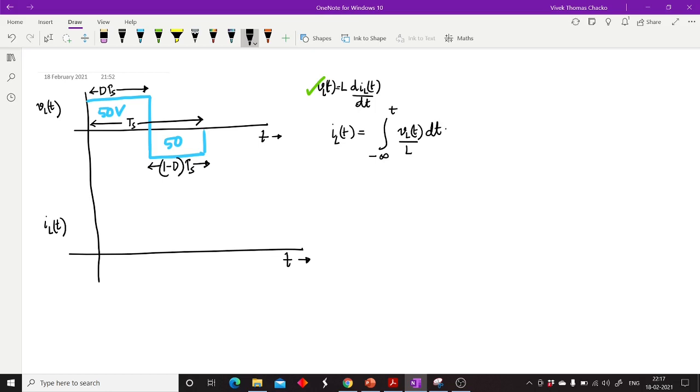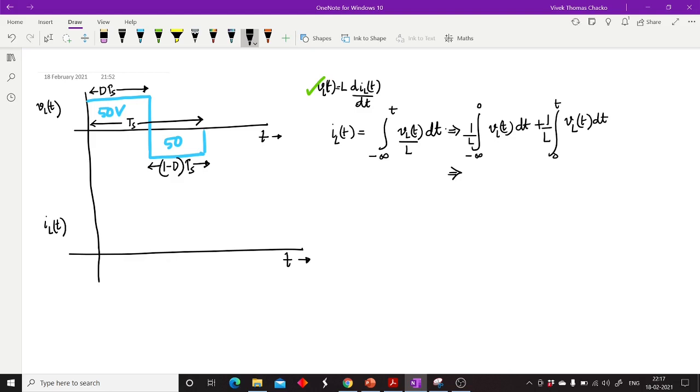So it can be split into the integral from minus infinity to 0 of VL of t, taking 1 by L outside, dt, plus the integral from 0 to t of 1 by L VL of t dt. So this is our initial